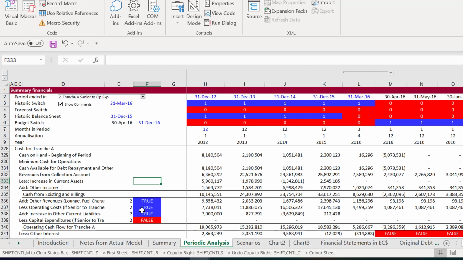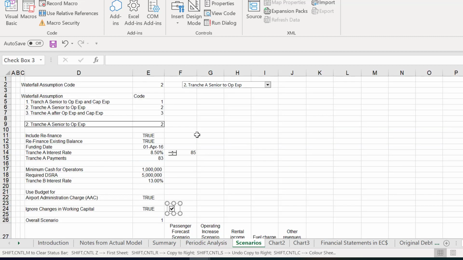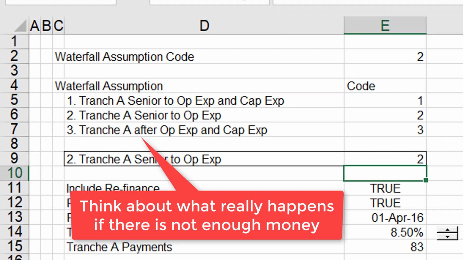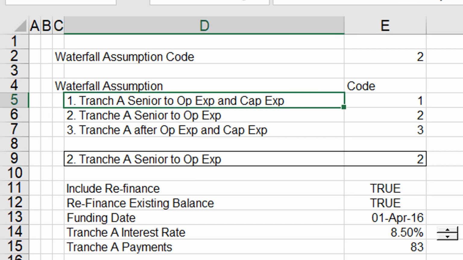Now, when we do this, the big other thing I think to do would be to say, look, if we're bankers, let's be real. One scenario is to use our term sheet and say tranche A is senior to all the debt. Okay, but let's make it more complicated and more interesting.